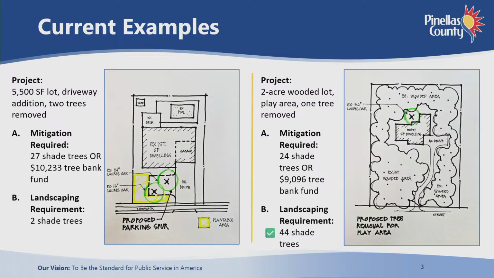In the second example we have here, we have a larger, heavily wooded lot where they're proposing a single tree to be removed to facilitate a play area. The current code, again, would require replacement for this tree, resulting in a 24 replant tree requirement. And since there's really no suitable replanting area, this again would have to be paid into the tree bank in lieu of planting, in an amount equal to about $9,000. This, again, is in addition to the 44 tree landscape requirement, which for this site we can safely assume is